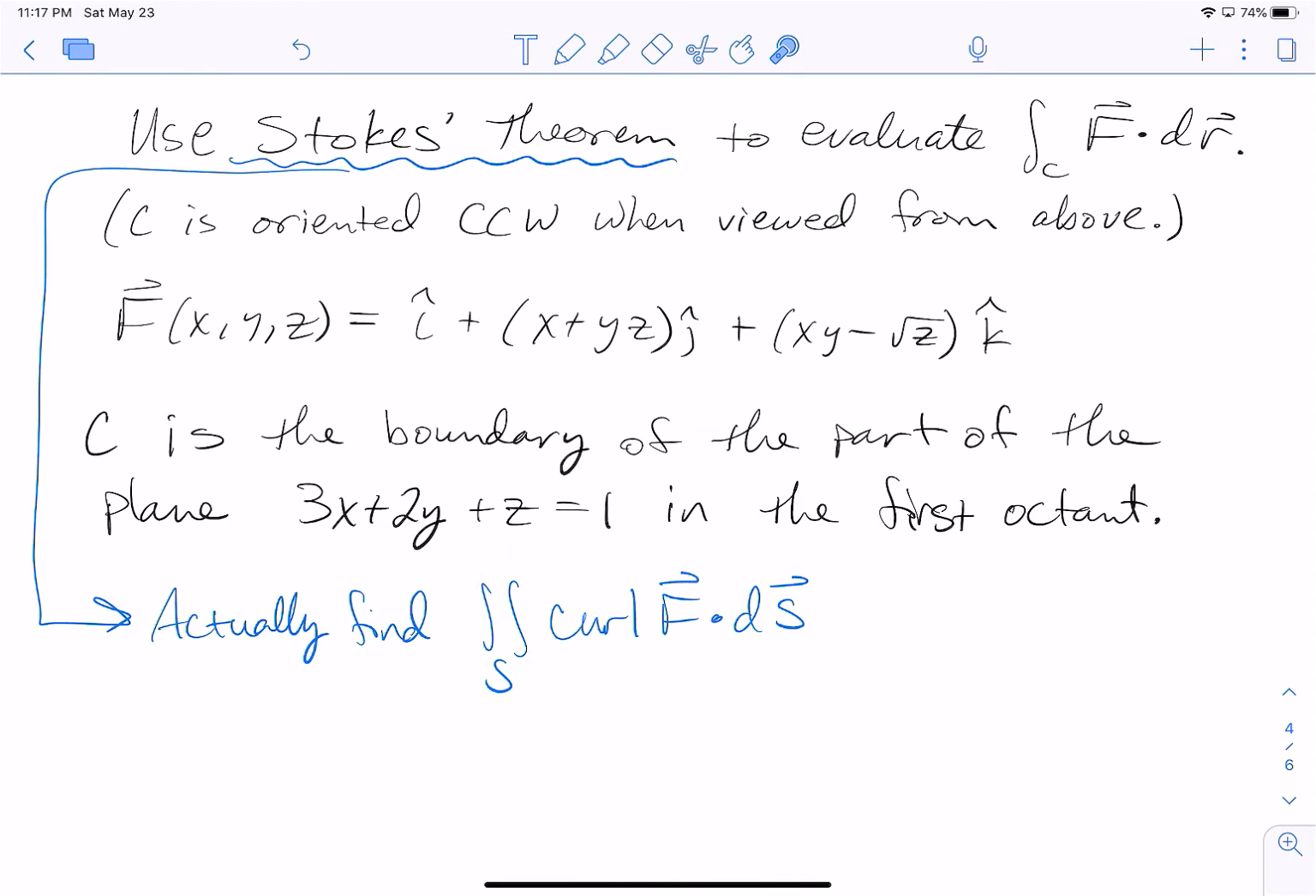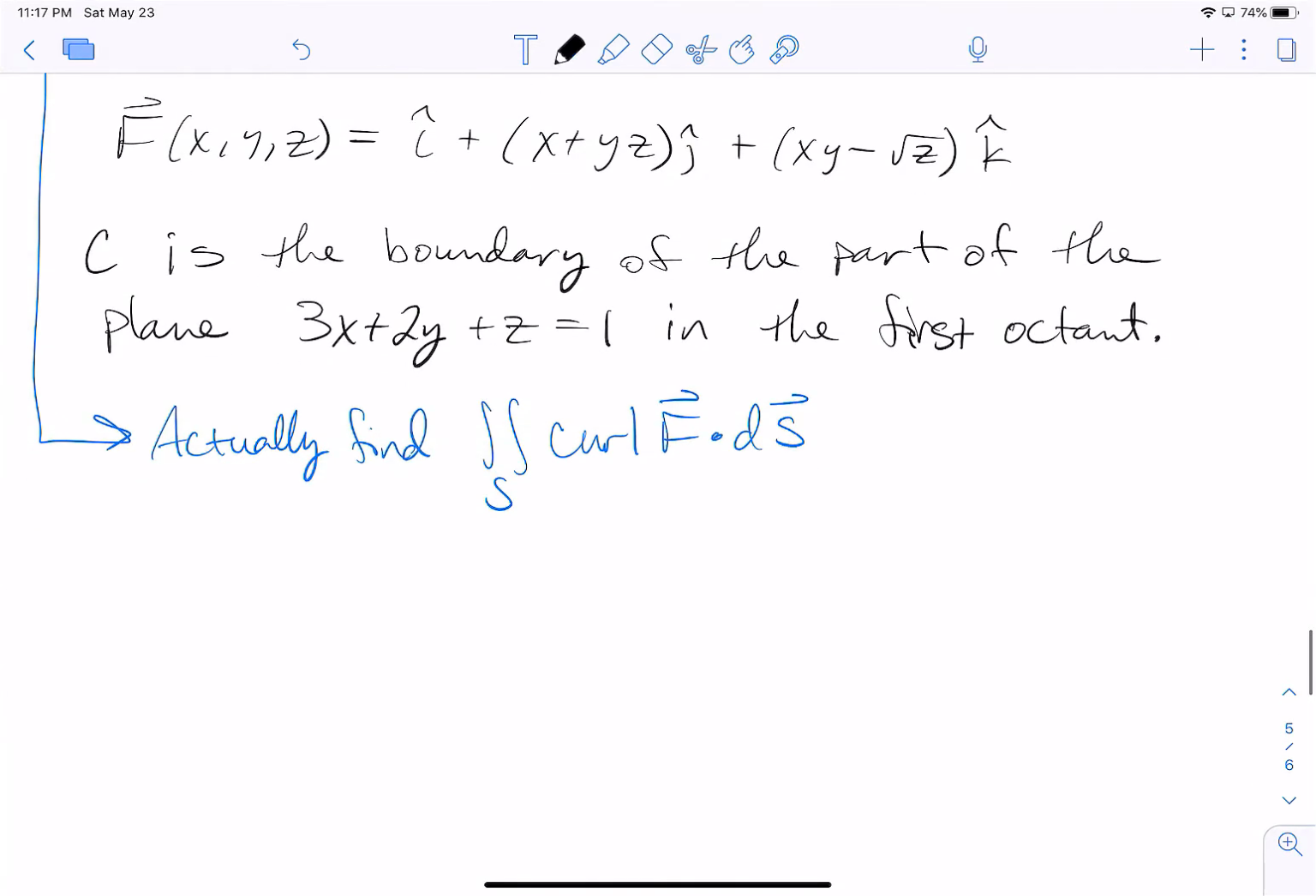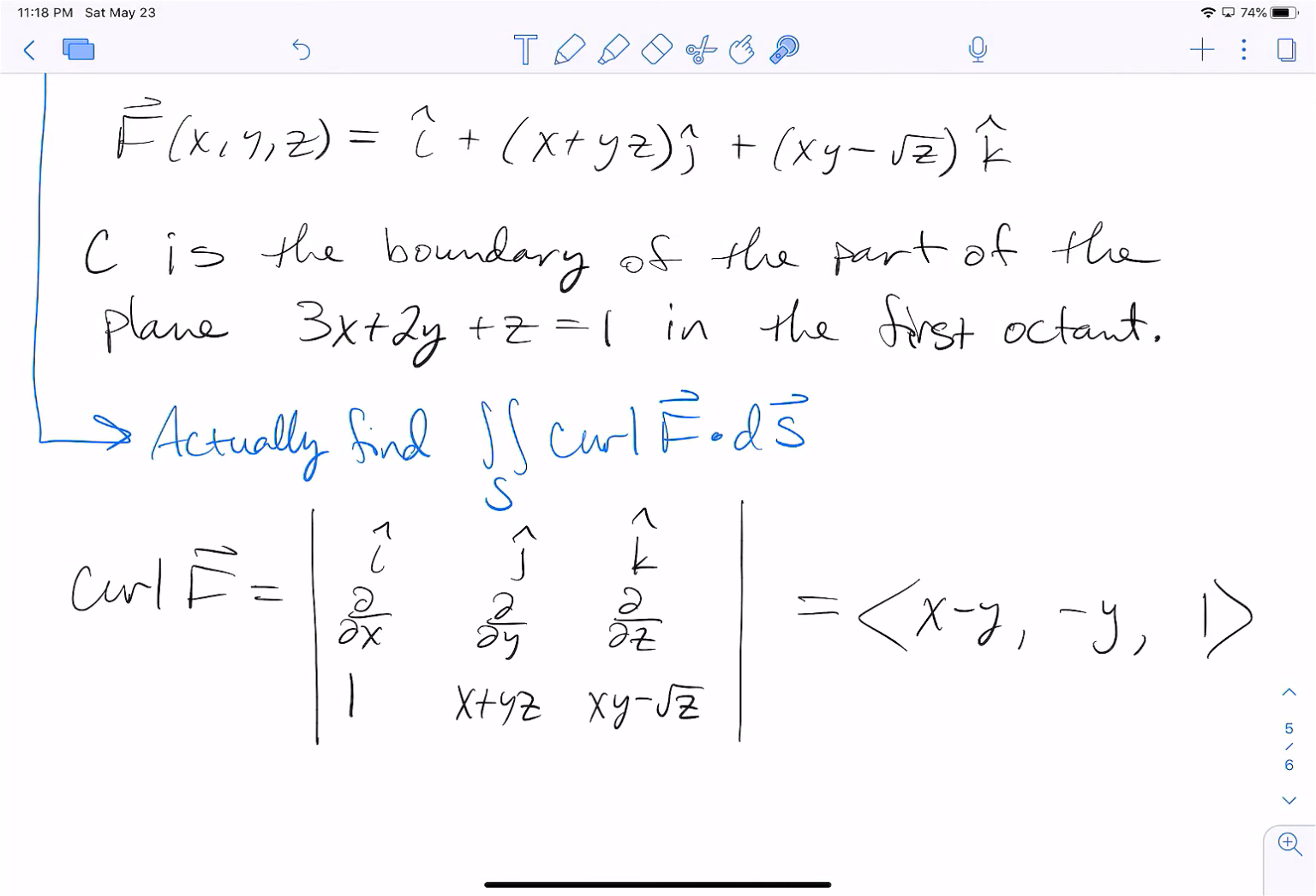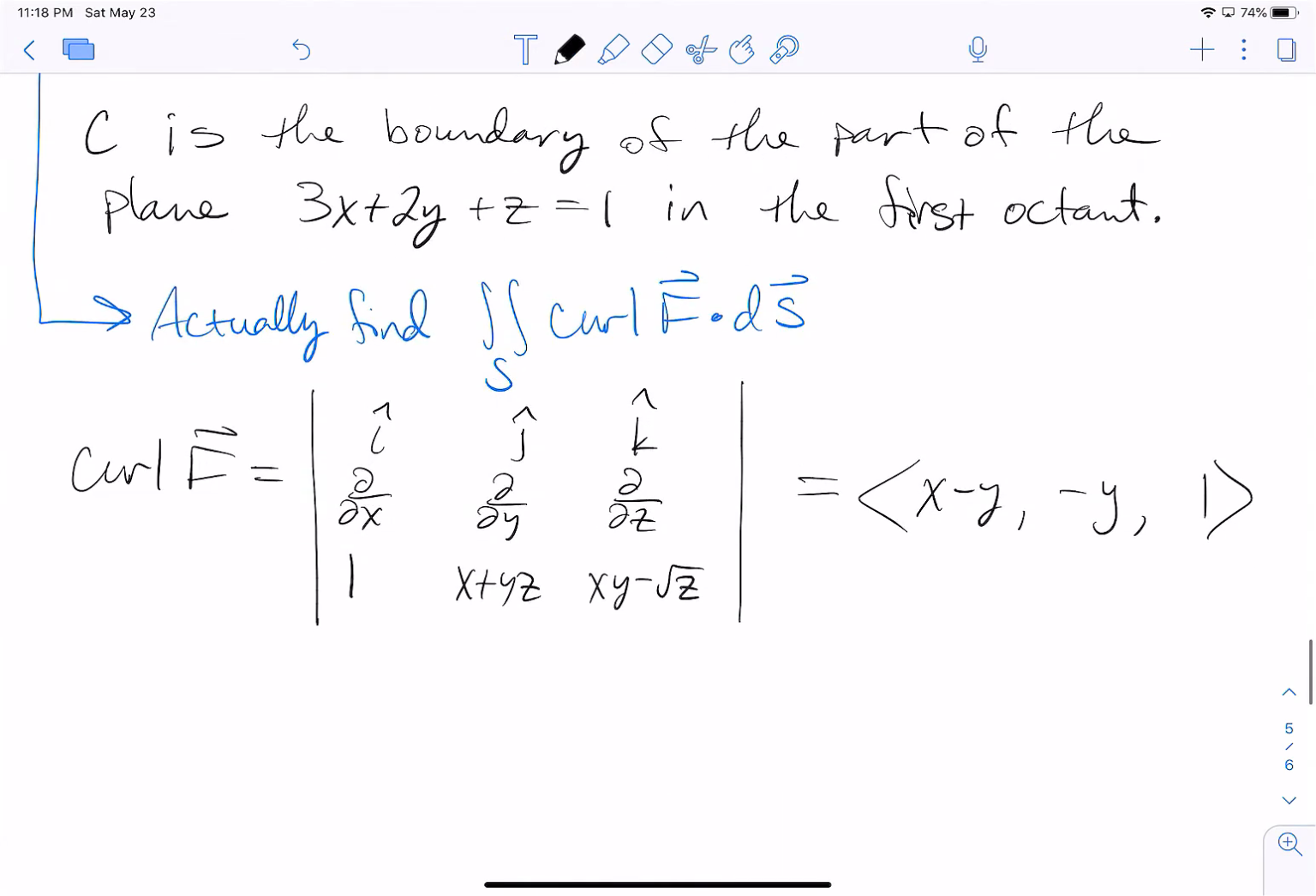Well, clearly we need some things, right? We need the curl of F. We need dS. Let's start with the curl of F. You should verify that our curl of F is ⟨x − y, −y, 1⟩. As for dS, remember dS is equal to, in this case, I think we can say r_x cross r_y times